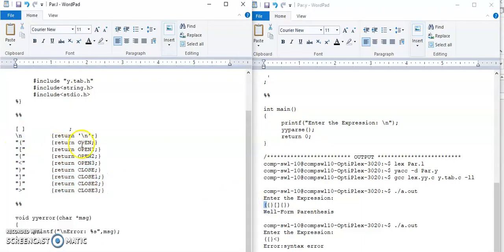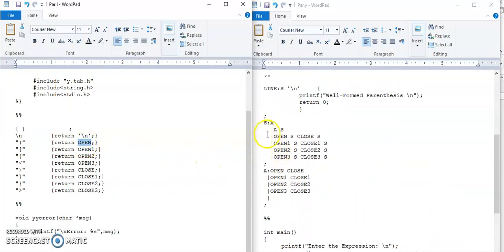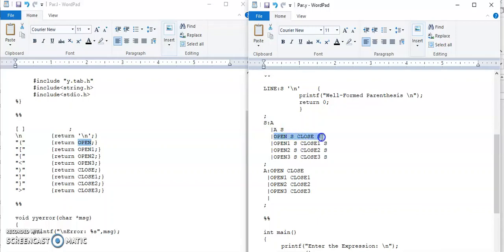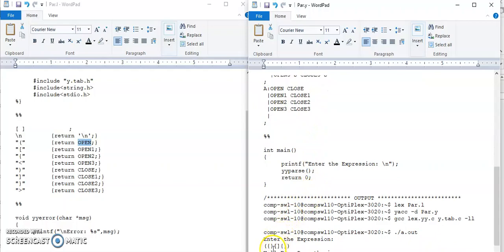For a round bracket, open is the token. So this S will follow the rule open S close S. Like this, the rule according to the input will be matched and then the input will be processed.